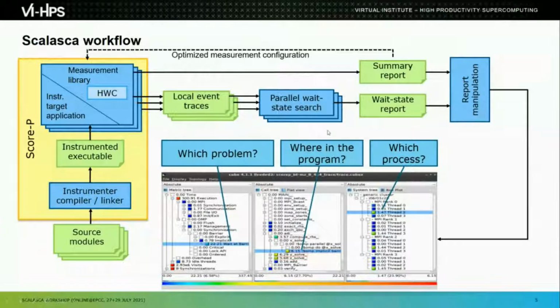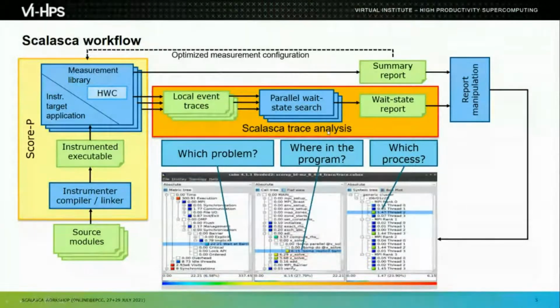I mentioned that the trace analysis is based on a replay where we restart processes. We start the analysis processes on the same compute resources. Those load in the event traces and work their way through the trace events on each process. They replay the communication. So whenever there's a communication event in the trace, that's what we would replay in the analysis. Comparing what's happening on the different processes and threads at that point allows us to calculate the